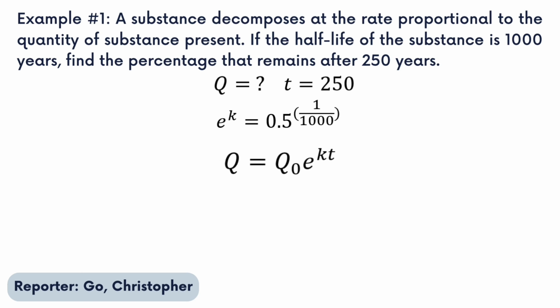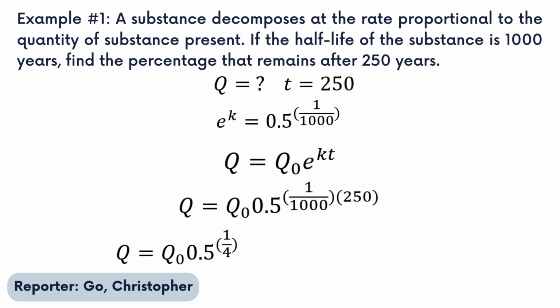Then plug in na natin sa formula ng exponential growth law. Q equal q sub 0 multiplied by 0.5 raised to 1 over 1,000 times 250. Pag minultiply natin ang 1 over 1,000 at 250, ang magiging answer nun ay 250 over 1,000 or 1/4 pag ni-lowest term. So ayun, pwede natin i-input sa calcu ang 0.5 raised to 1/4 para makuha ang percentage kung ilan na lang ang natira sa initial quantity ng substance,